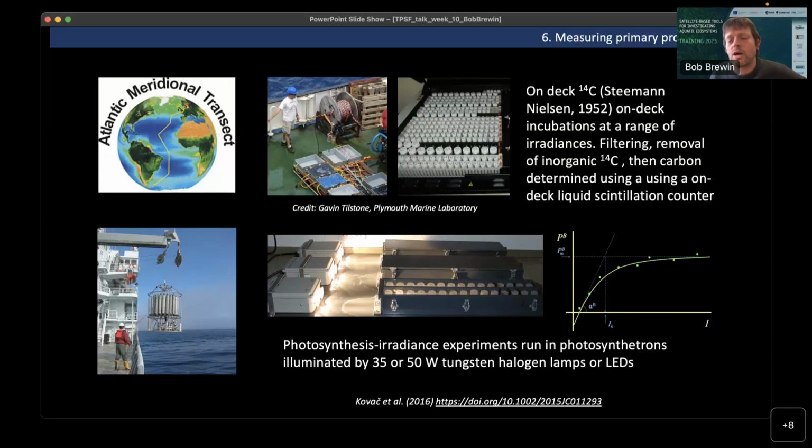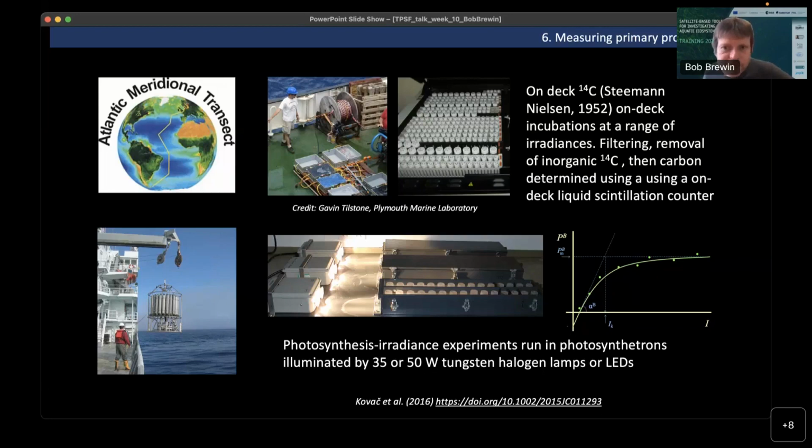And then you would look at how much of that 14C was taken up in the form of particulate carbon by measuring it on a scintillation counter afterwards, from which you can get an approximation of the primary production. Another common technique is much shorter term photosynthesis irradiance experiments run in photosynthotrons, whereby you take your sample and then you incubate them over a light gradient, and you do that normally on a much shorter time period